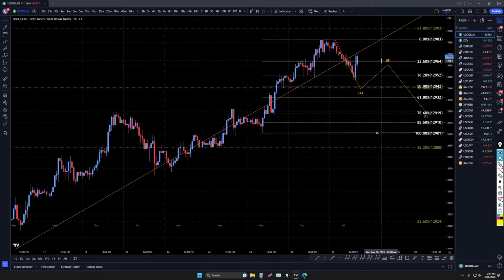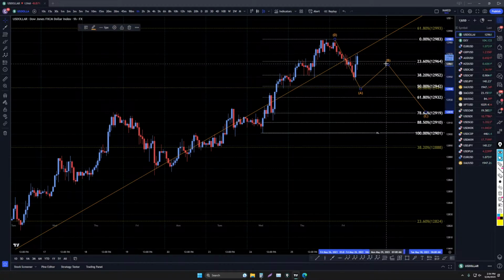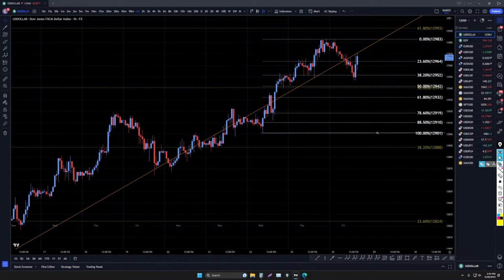I had this labeled as an ABC today, but that move up is looking pretty impulsive. It actually may end up being a wave 5. Now this move down looks more like a trend, but in hindsight I can see a little bit of a three-wave pattern there. It definitely did bounce off the 38.2, and it is making an impulsive move up. I think this is probably the final attempt to continue the uptrend. It's probably going to be a wave 5. It very easily could go up to the 61.8, but I do think that we're definitely due for a bigger correction.